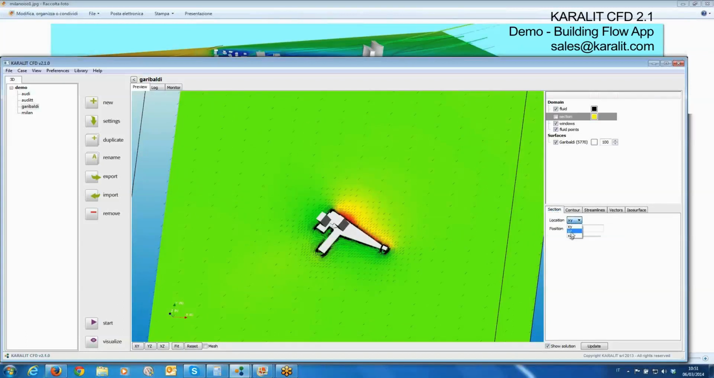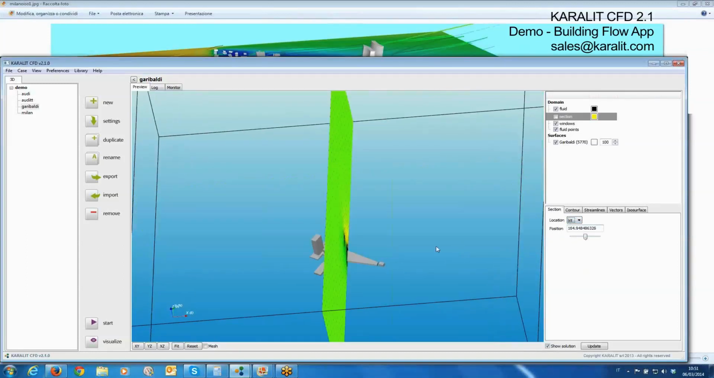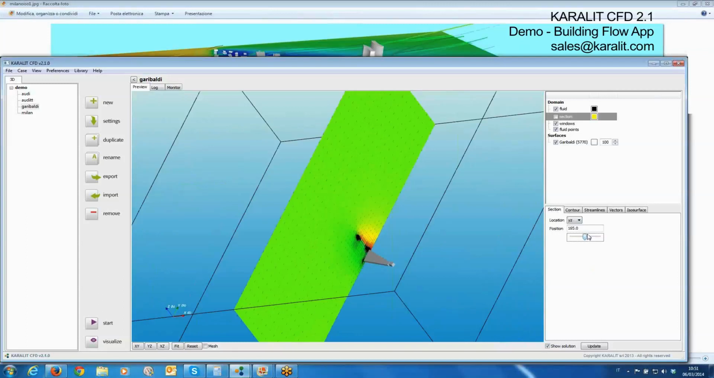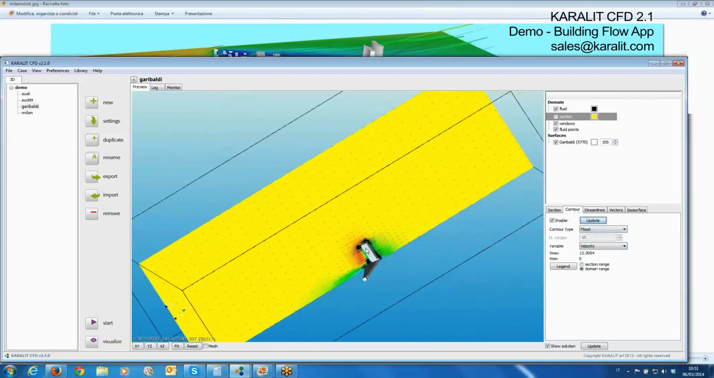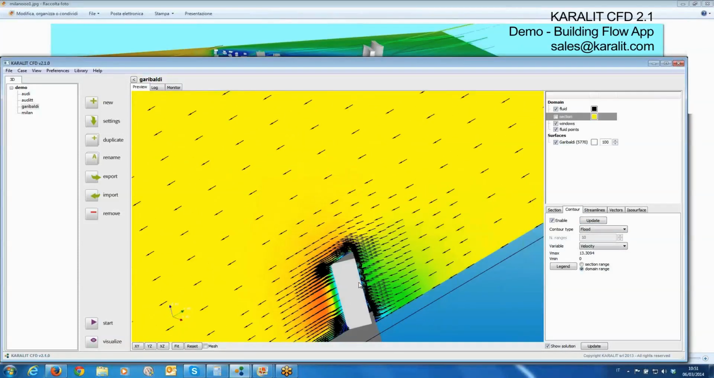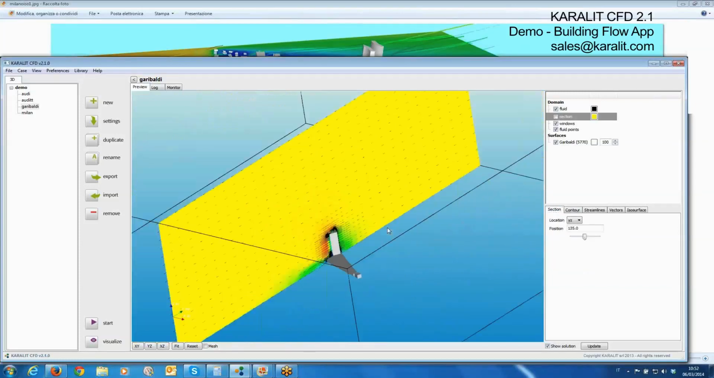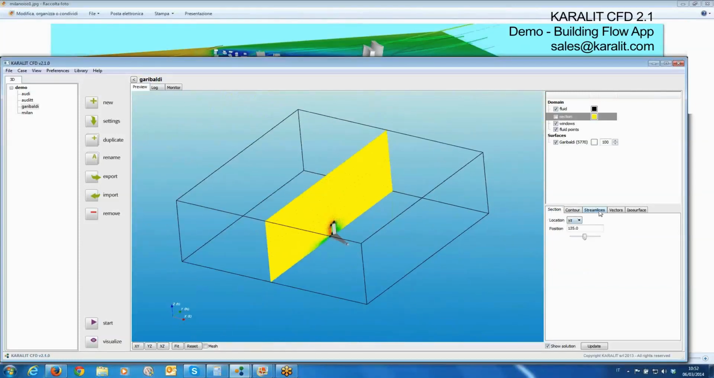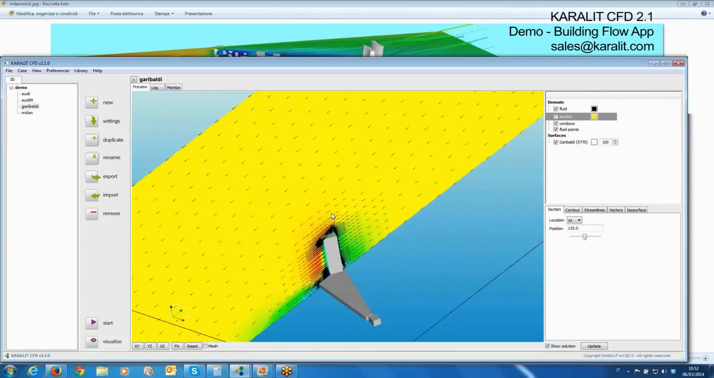We can change the section and see what's happening in the other section. We can go back to the velocity, and we will definitely see another vision of the results. So this is pretty easy, and we can do a first visualization of our results here,